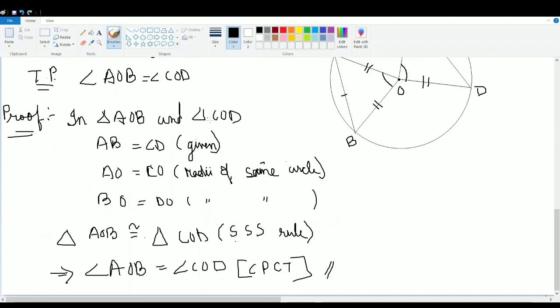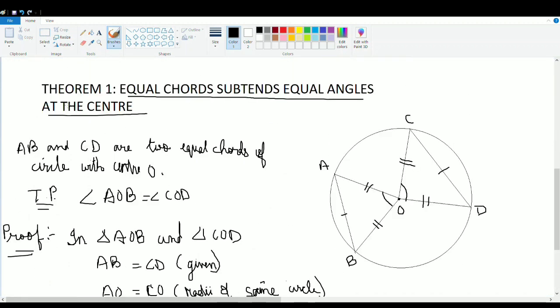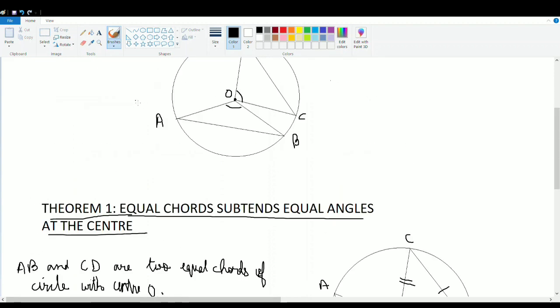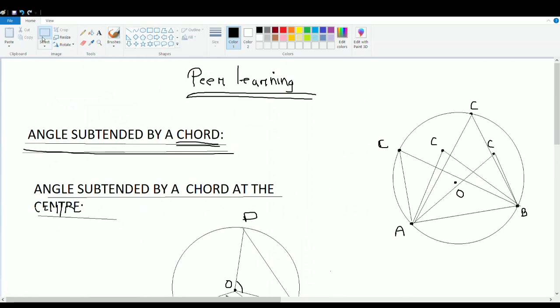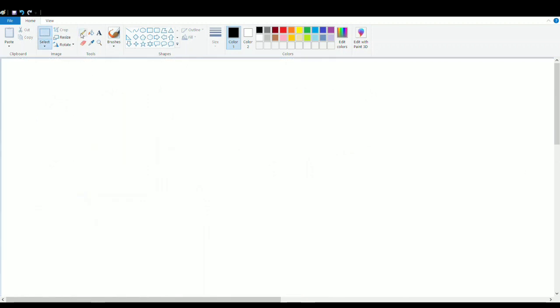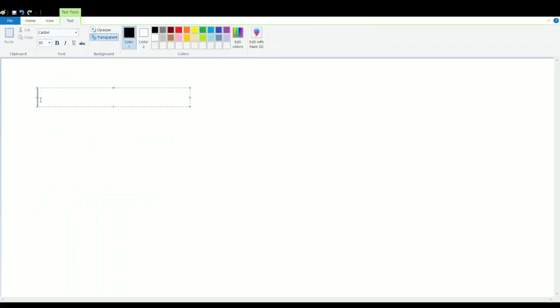So the next theorem is the converse of this. Theorem one said equal chords subtend equal angles at the center. So the converse will be: if two chords subtend equal angles at the center, then the chords are equal. So similarly we will solve this question. So let's write the theorem right here. So the theorem is